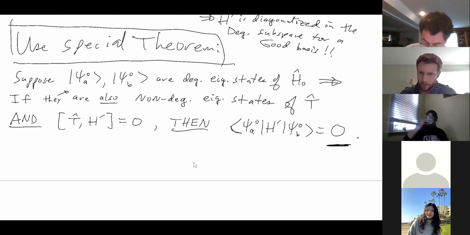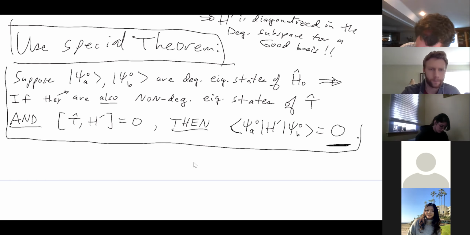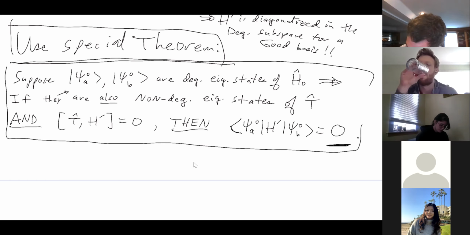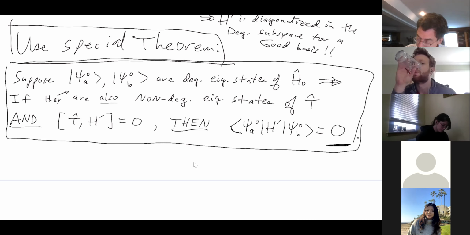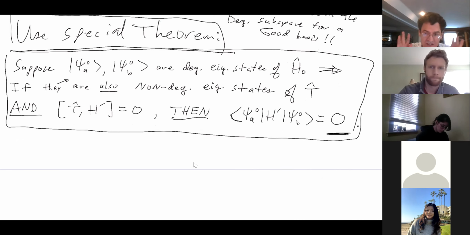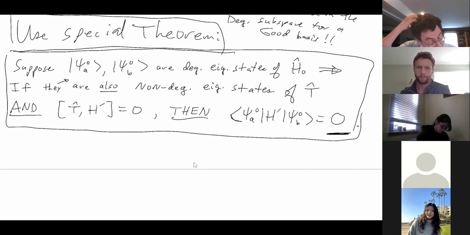Okay, that's the theorem. This is the magic theorem, and it's pure math, as you can see. But this is the magic theorem that's going to allow us to find a good basis. But before we figure out all the good basis stuff, let's just understand this theorem, okay? So for this theorem to work, let's just define the theorem. And we're going to prove this theorem too, because it's so important. It's simple to prove, just a couple lines. But let's set up the theorem, because